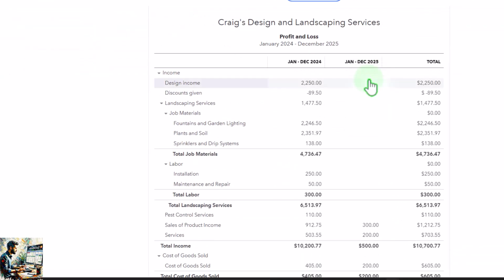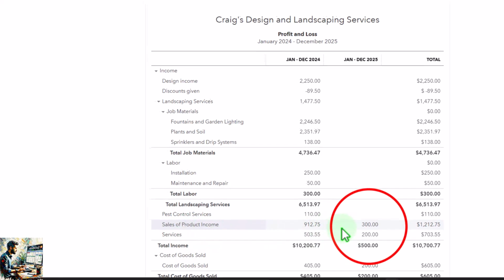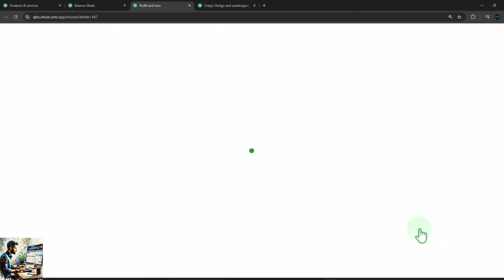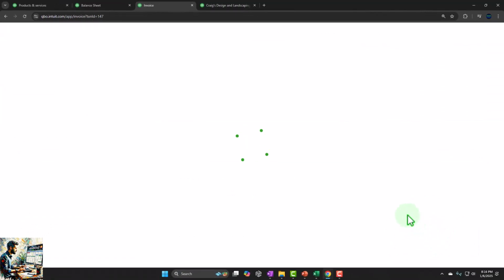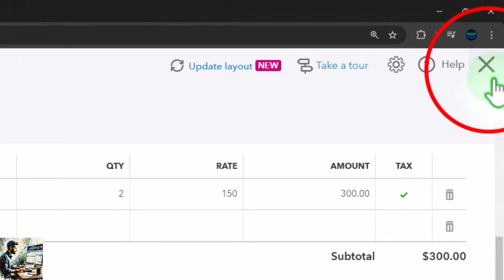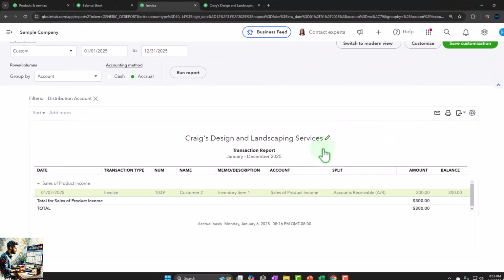This time it went into a sale of product, 300. So that's in there for 300. That does not include the sales tax. That's just our side of the transaction, not including the sales tax. The 24 is the difference. So if I go back,